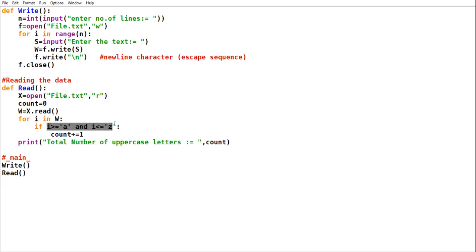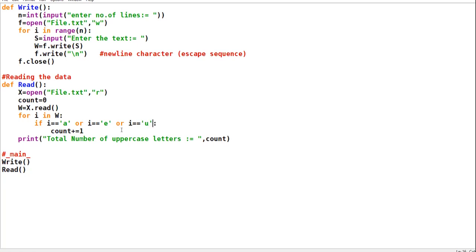So here we will make the condition: I equal to lowercase a or I equal to e or I equal to u or I equal to i, or I equal to o. A, E, I, O, U. All the vowels I have taken.